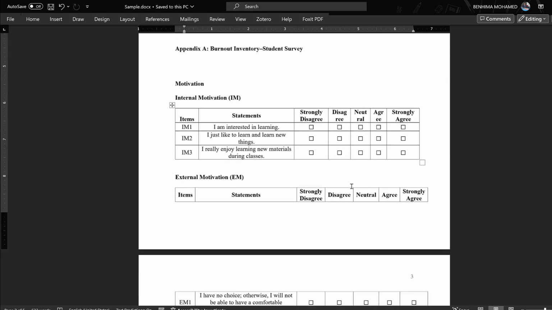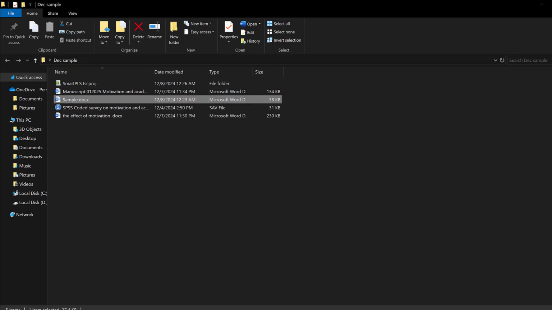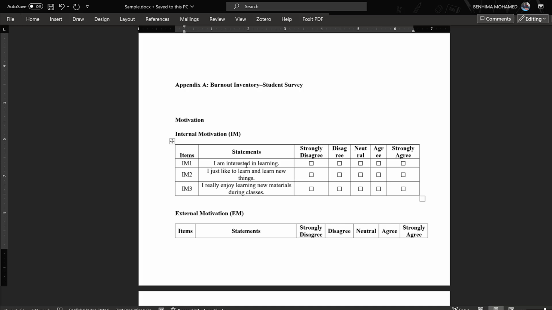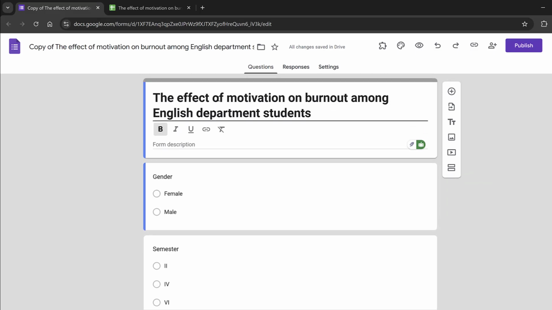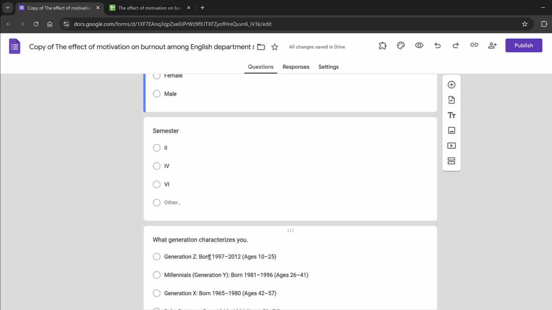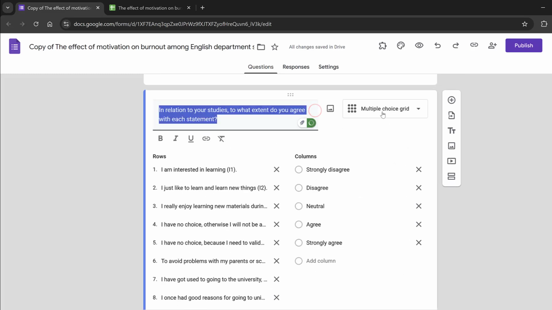So here we have already collected the data, and we have a Likert scale survey that we can just choose here, which is this one. After designing the survey, it can be simply adapted from previous studies. I will just take these items and put them in Google Forms like this, with the title of the questionnaire, with the description, like in terms of the research ethics, once an IRB or institutional review board is required, etc. Then gender, semester, those demographic variables, generations, and then here we put the statements this way, just by using